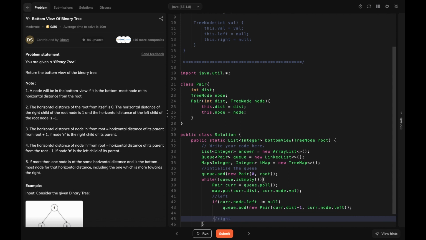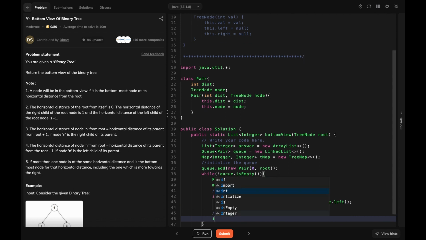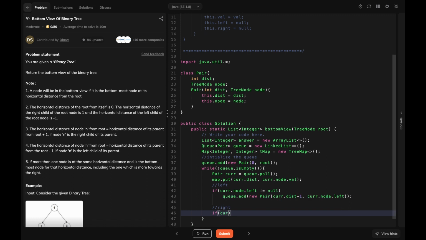So we will first check if the right child exists. So current dot node dot right child. If it is not null, meaning it exists, then we will add it to the queue. So queue dot add new pair, and current dot distance plus 1 comma current dot node dot right. Okay,